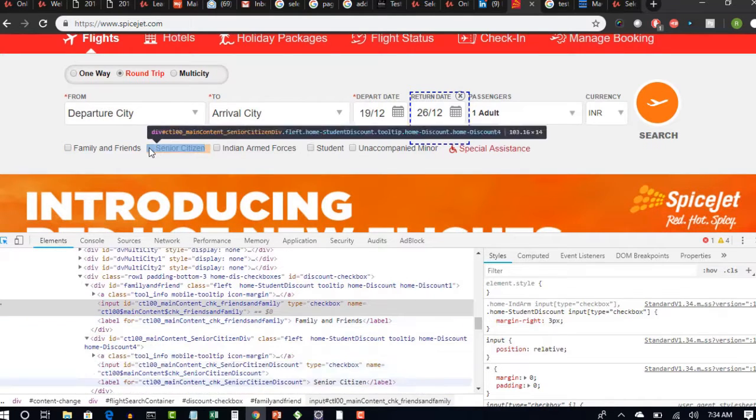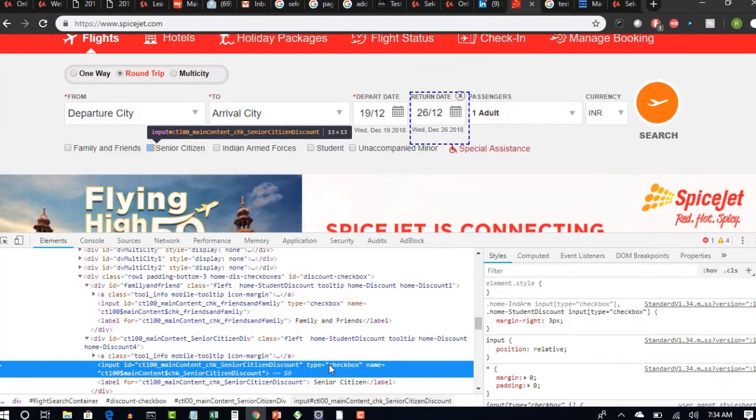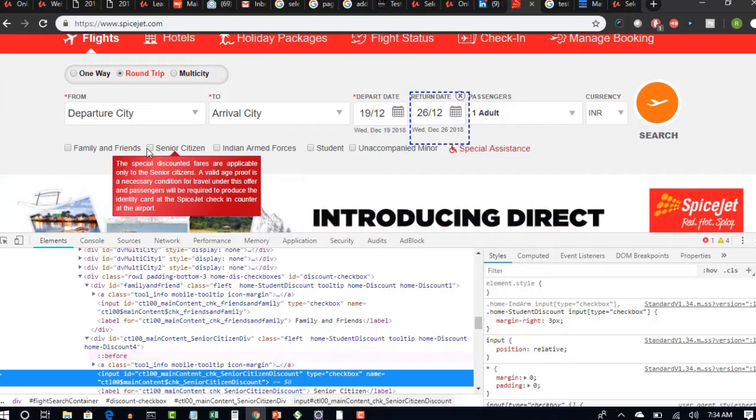And for senior citizen discount, an ID is also present. Okay, so now you have the ID locator, you can use that, or you have the name attribute as well. You can use even this to select this checkbox.